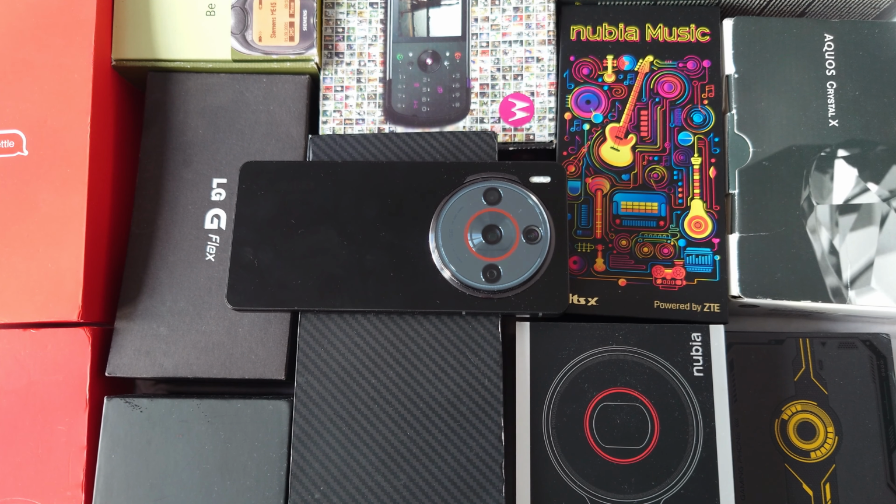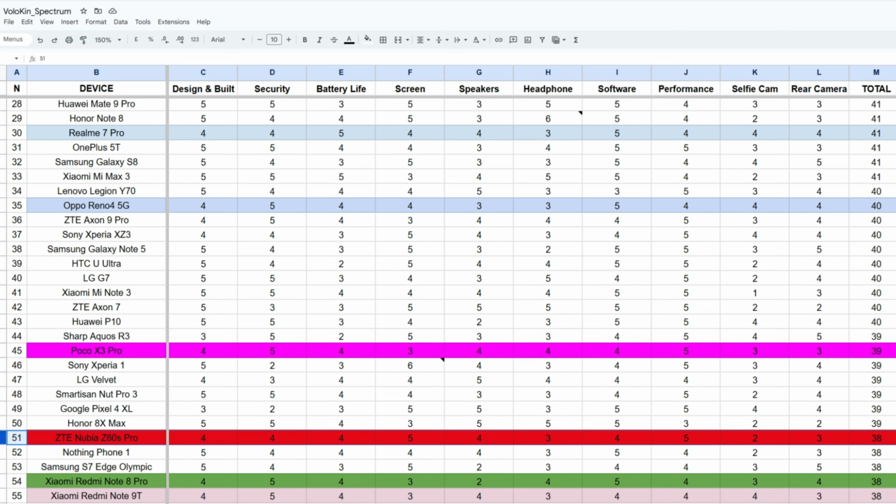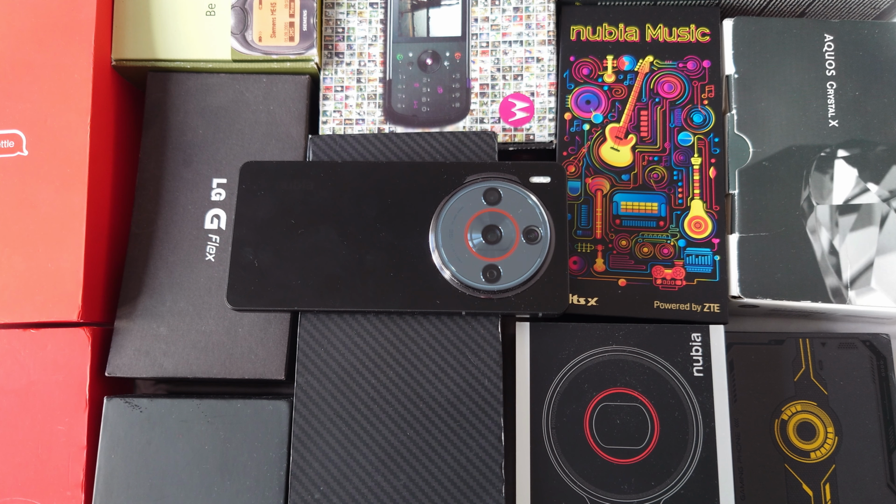And you can have a look at the VoloKin Spectrum scoring system over here, and the phone gets only 38 out of 50, which is on par with the Nothing Phone 1, which was a mid-range phone to begin with from the start, and this was supposed to be ZTE's flagship over here, guys. So unfortunately, is that a premium mid-ranger? Yes, I would say so. However, it is no flagship by any means, and considering the phone is just 5 months, 6 months old right now,